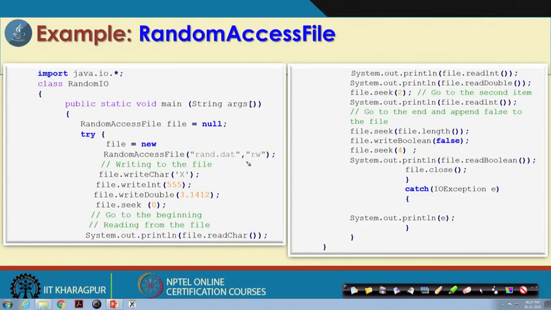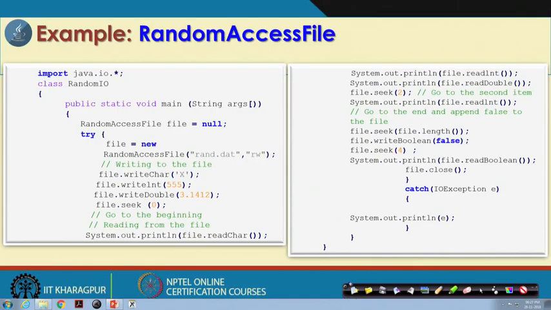Instead of "rw", if we write only "r", then the file will be opened in read mode. Similarly, if we use "w" only, then the file will be opened in write mode. So, in this case we open the file in read write mode.